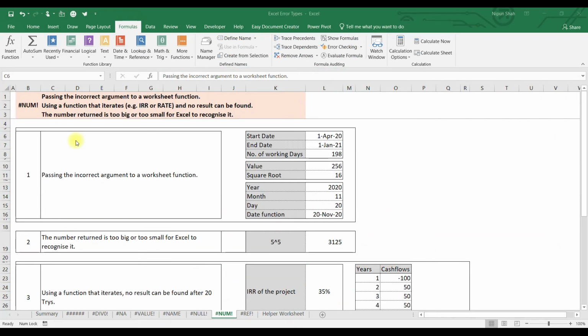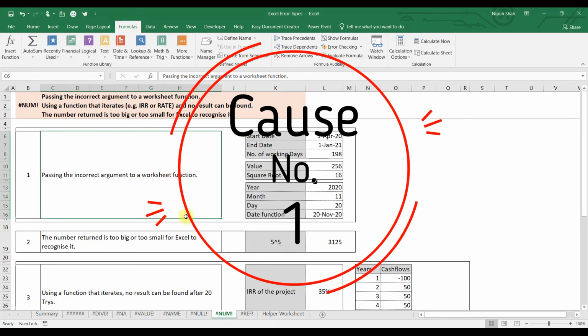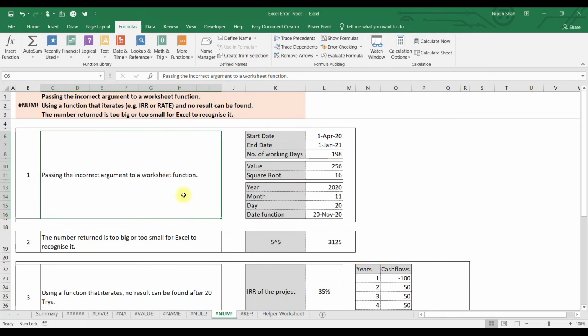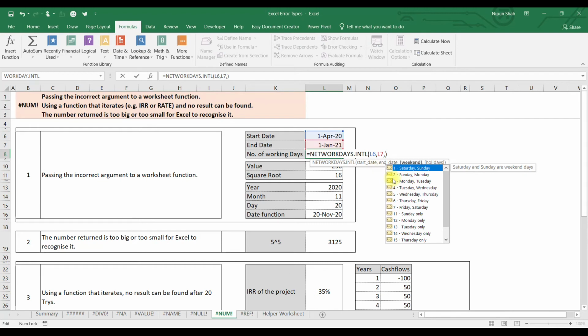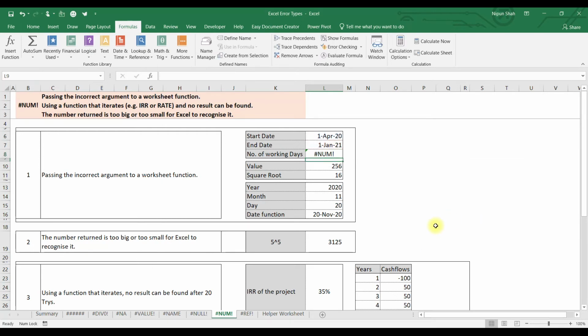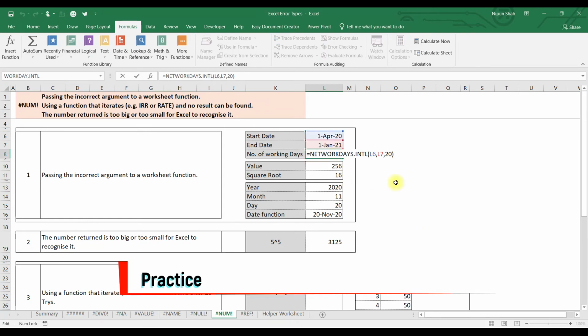Guys, now I will tell you about the number error. The most common reason for getting a number error is that we have passed an incorrect argument to a function. For example, here I have start date and end date, and here I have calculated the number of working days. I have selected Sunday and Monday as my weekend. If I pass an argument here which is beyond 17, I will get a number error. For example, if I type here 20 and press enter, I am getting a number error as argument 20 is